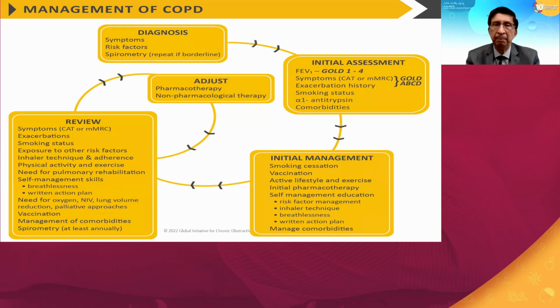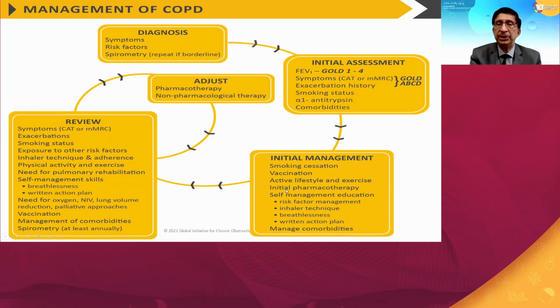So let me end by quickly summarizing what I've said so far. We have talked about diagnosing COPD through the symptoms, risk factors, and spirometry. Make an initial assessment using the CAT and the MRC scores, at the level that the patients need to be treated, looking at the smoking status. And if it's a very young emphysematous patient, don't forget the alpha-1 antitrypsin check. Look at the comorbidities and make sure they are managed well, whether they have hypertension or diabetes.